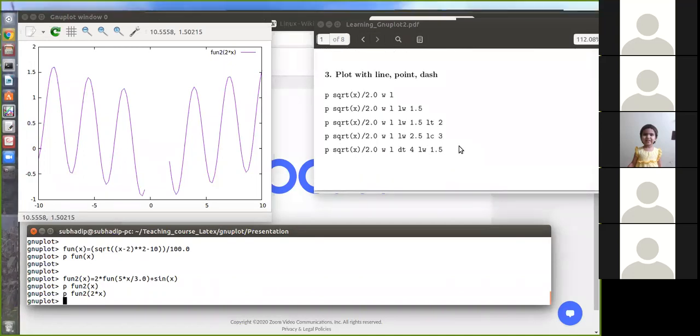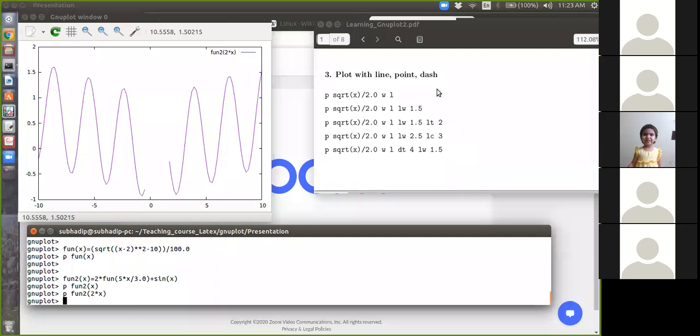Plot with line, point, dash, etc. You have seen that by default it is taking line and magenta color. So how to change those things? If you don't write anything, it will take line for any function, and for any data file, by default it will take point.